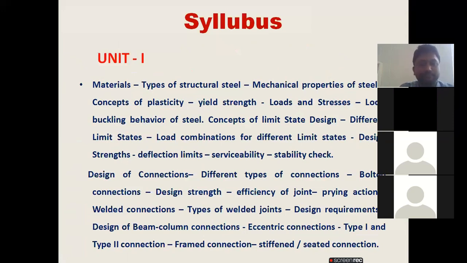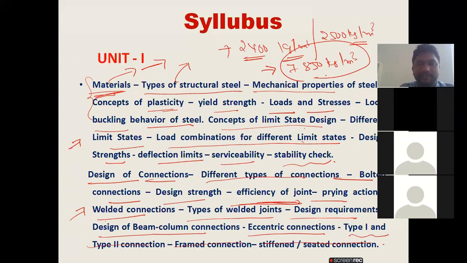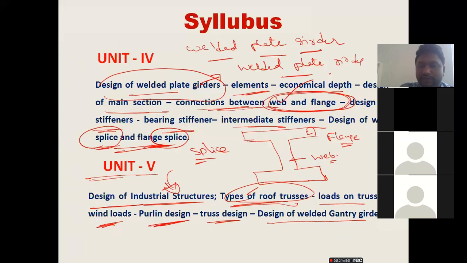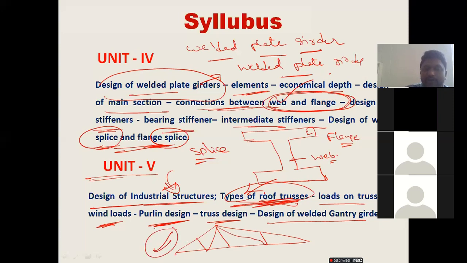One second. First, I will discuss this one. Later, I will explain. So, roof truss. In this roof truss, you will observe in the factories, in cinema halls, and auditoriums also. Sometimes you will observe these roof trusses in railway stations and bus stands also. And the loads acting on the truss. Truss is nothing but like this only. Now I am drawing here. It is like this. So you have to design this type of truss. This is the roof truss.